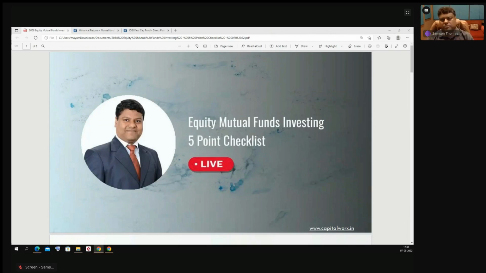Yes, we'll do different types of funds also. So Contra and ELSS are subcategories of equity mutual fund. We'll look at all the parameters of equity mutual funds. So basically, a mutual fund is an organization that pools together the money from retail investors and invests according to the stated objective of the fund.